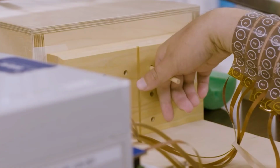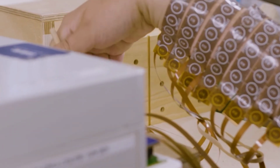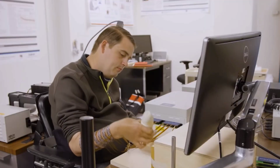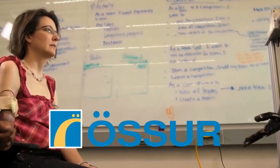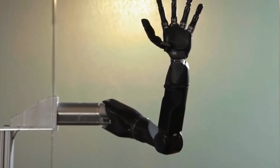But in the years to come, individuals like Ian might be able to regain full use of their arms and legs, and they might even be able to walk once more. Lastly, we'll talk about Össur's mind-control bionic prosthetics. It should be emphasized that Össur, the world leader in non-invasive orthopedics, was the very first company to produce mind-control